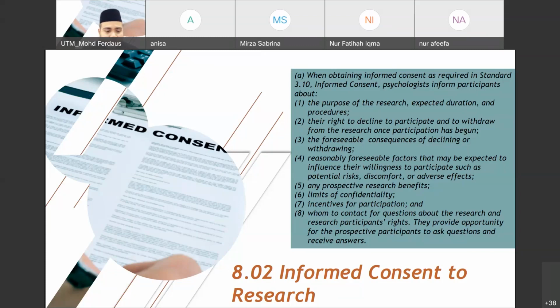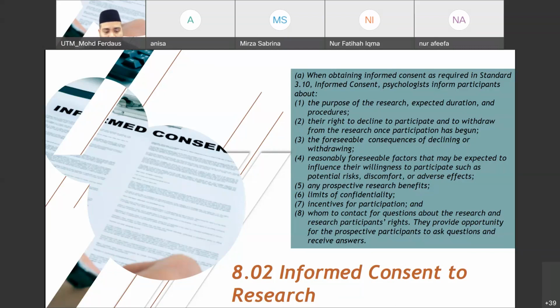We have a scale on suicidal ideation, the thoughts or tendency to commit suicide, for teenagers. If you are conducting research on stress for teenagers and its relationship with suicidal ideation, their tendency to commit suicide,